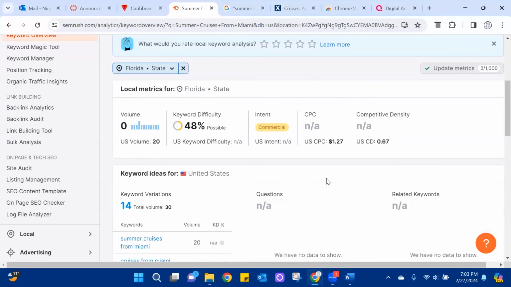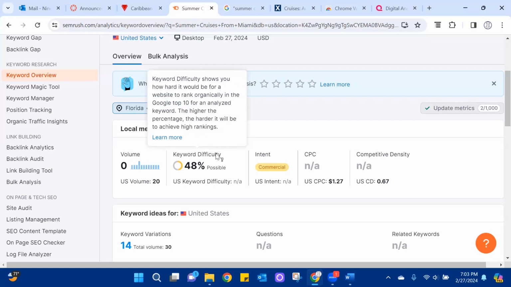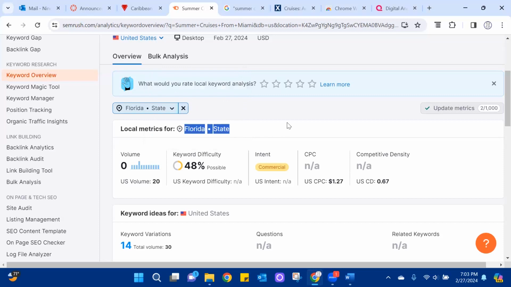Okay, perfect. Now notice it's giving me the metrics for Florida. It's giving me the keyword difficulty. That means how that word ranks against other words. It's giving me the intent, meaning how someone's going to use it. It's giving me the cost per click and the competitive density, meaning how competitive is this particular keyword, and the